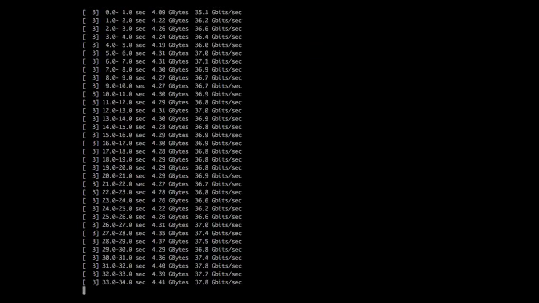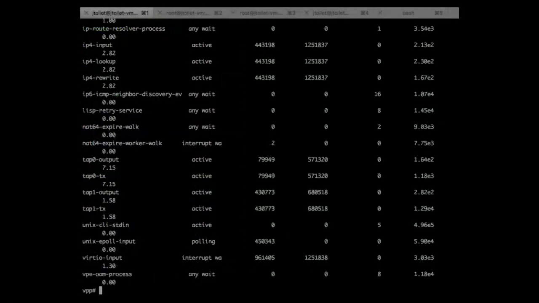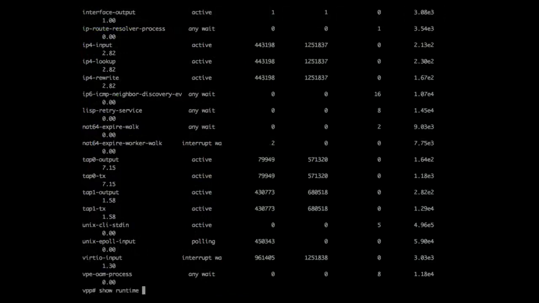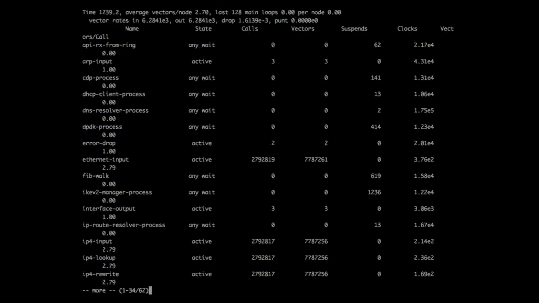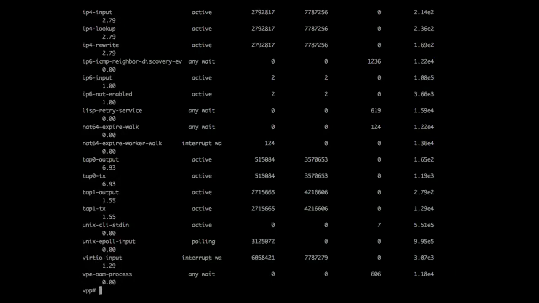But I told you before, what is actually important is what the vector size is for that, right? So let's have a look at vector size. We have a magic command for that. So these are the nodes in the graph.